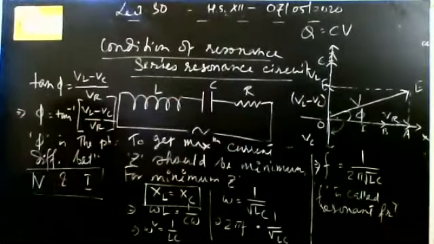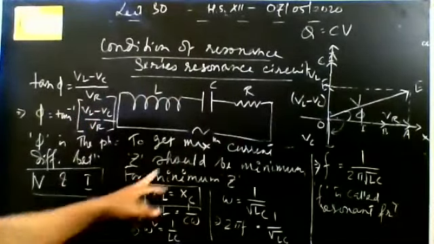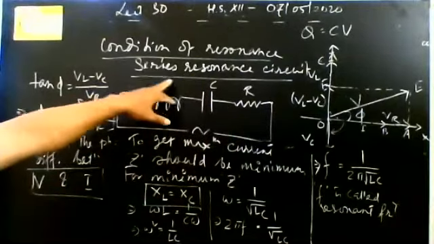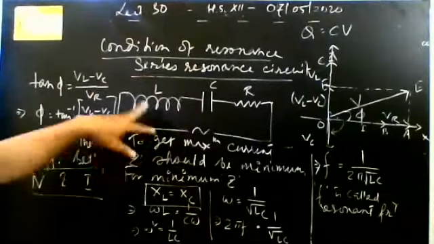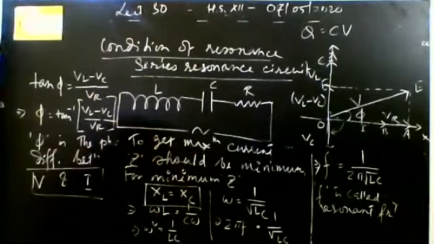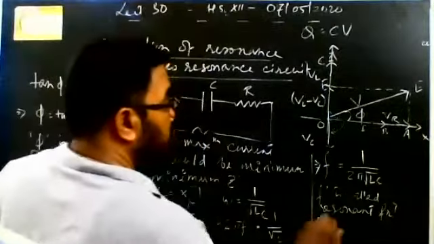This is all about the resonant condition or series resonance circuit. Similarly, we will get the parallel resonance circuit also. This is the series resonance circuit. Okay, so in this case the current